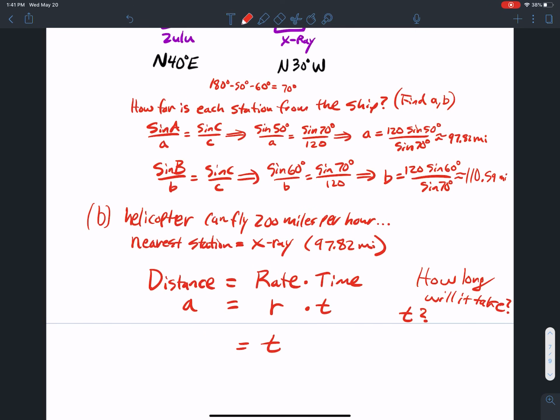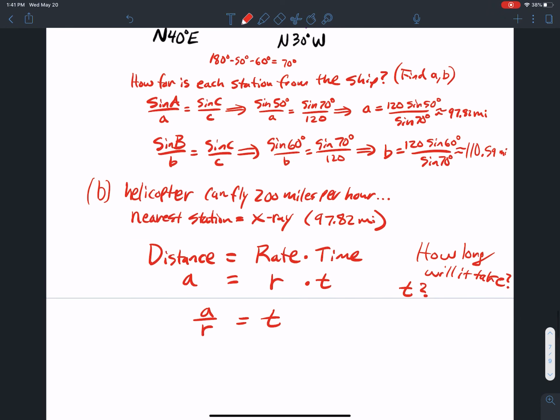Time is equal to a divided by R. Now a divided by R, the distance 97.82 miles, divided by the rate, 200 miles per hour, which is equal to